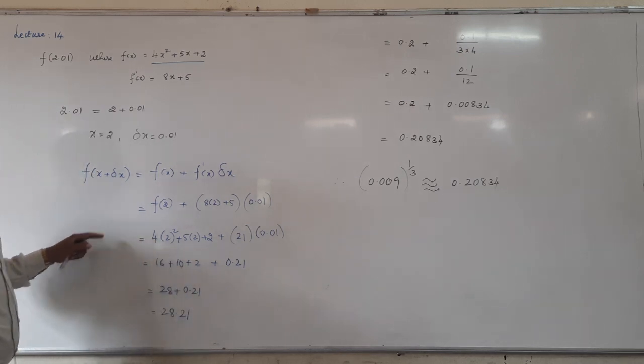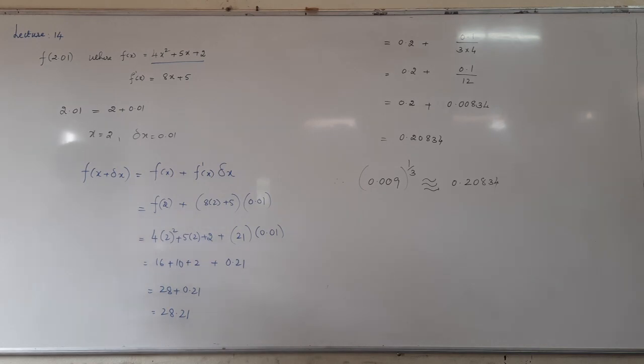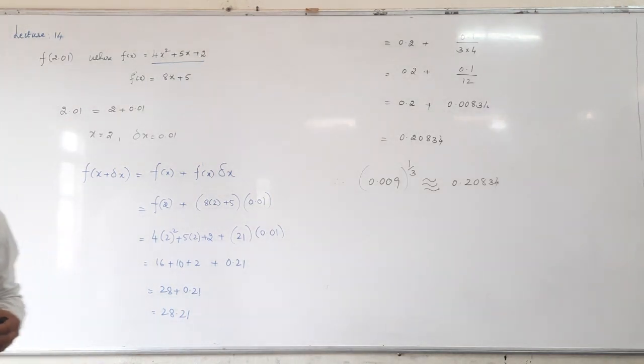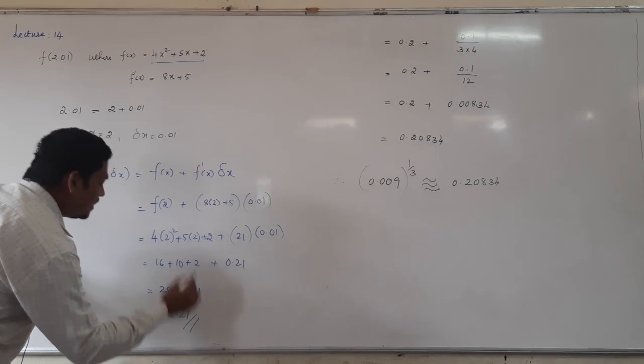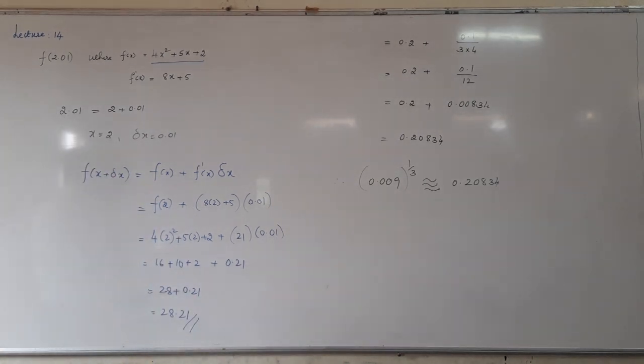28.21. This is the approximate value of f of 2.01, right? This is our required answer. It is not exact but approximately it will be 28.21. Next question, find the approximate value of f of